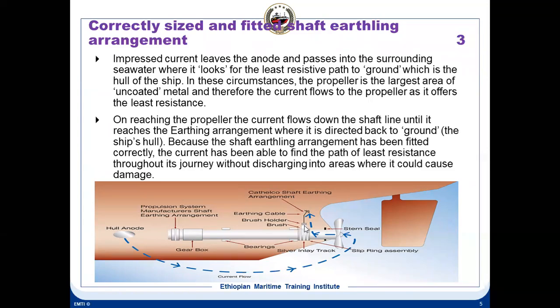And normally, as I told you, the shaft grounding during normal propulsion time should be around 25 millivolt or 15 millivolt. If it is 15 or 10 millivolt, it is the best. But if it goes more than 80 millivolt, you will get a shaft grounding failure alarm. That indicates that the shaft grounding is not in good condition.